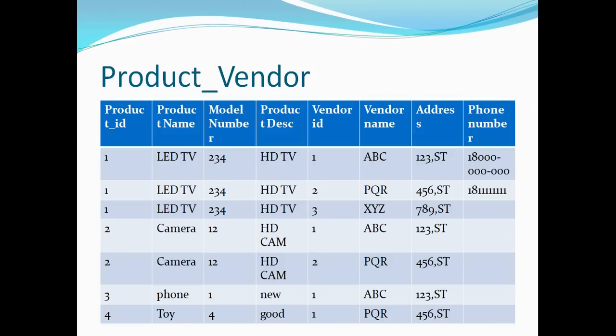Now the challenge here is, if you see, we are repeating the information of this vendor. So vendor 1 has the same vendor number, the same address, the same phone number. I have not displayed it right now, but we are repeating certain details. So that indicates that this dimension table is not normalized, it's denormalized. The advantage that I gain here is that my joins are simpler. If I have to get some information pertaining to a vendor ABC, I can directly join it with my transaction table and get the data.